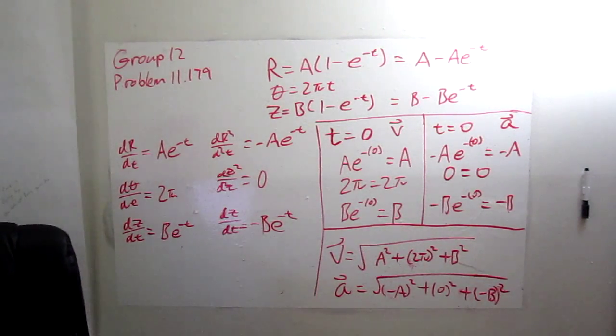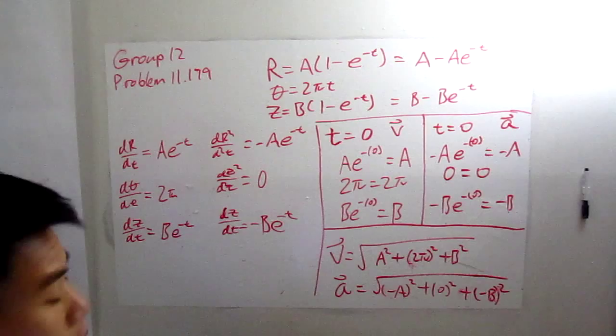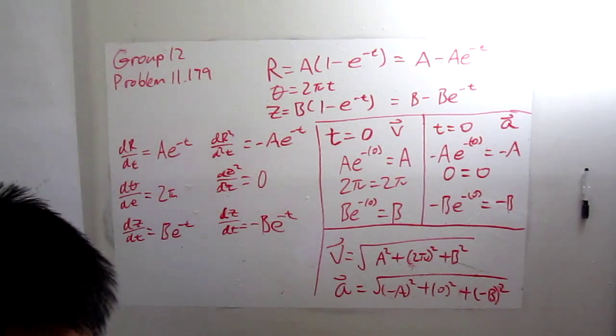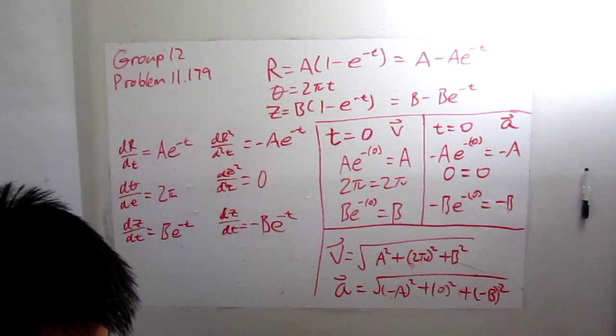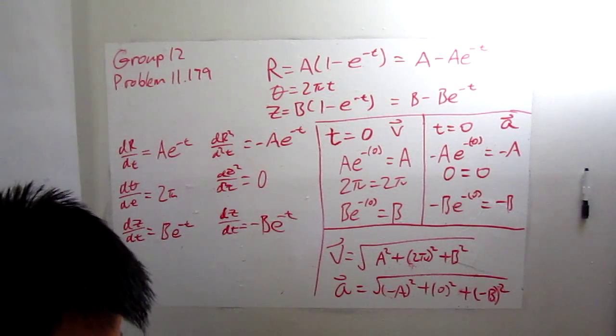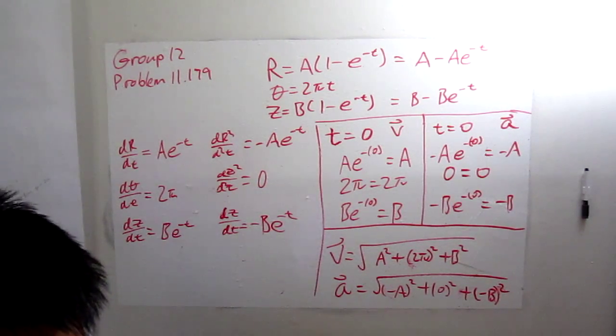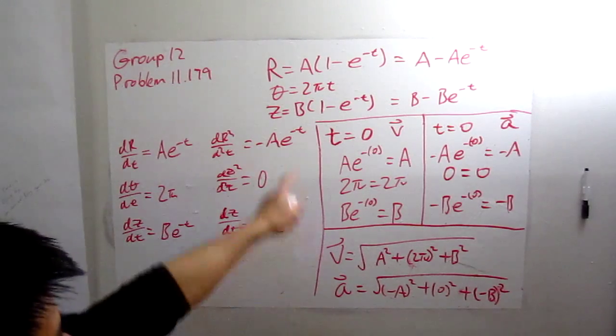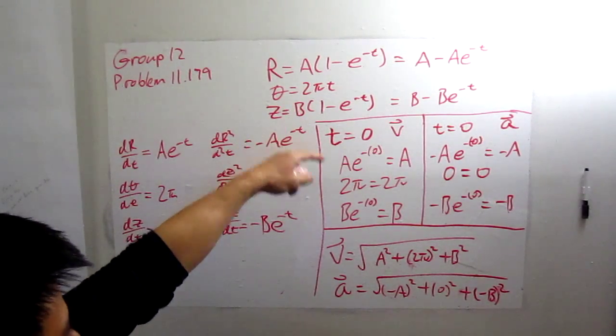We're group 12 and we're doing problem number 11.179, and the problem was: the three-dimensional motion of a particle is defined by the relation r equals a(1 minus e to the negative t),